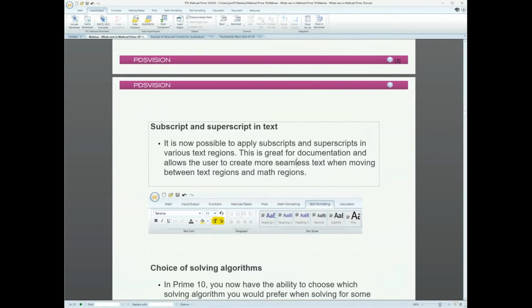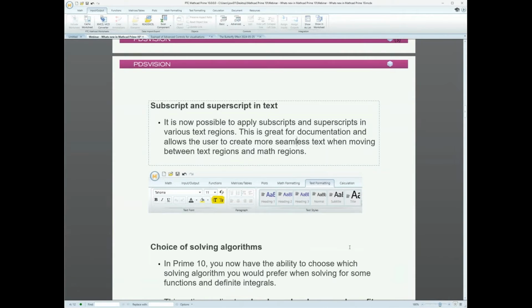Another warm welcome to the Prime platform: subscripts and superscripts in text. It seems like in every word editing software this is a given, but it has not been in Prime until now. And subscripts and superscripts in text, it's actually